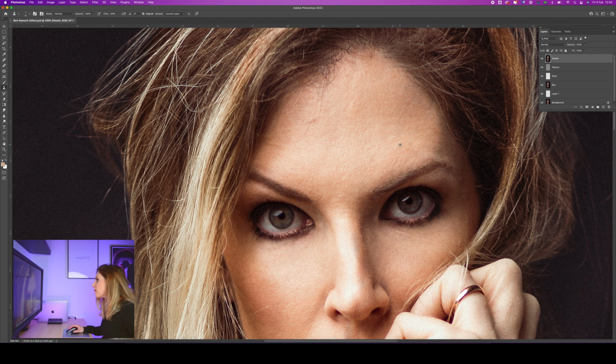So Option, click over the area that I want to substitute the old for the new. Get rid of these lines. You don't need to do this as much as I'm doing it. This is really up to your personal taste. So if you want to make it look more natural, maybe by now this is good enough for you. If you want it to be really Instagrammable, or if you want it to have that final art magazine touch, then you might want to work on these details up until the end, until the skin looks perfect.